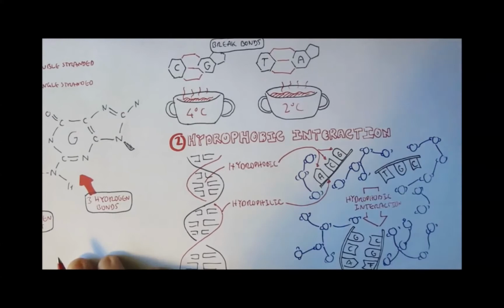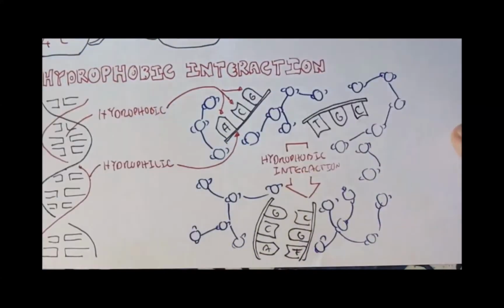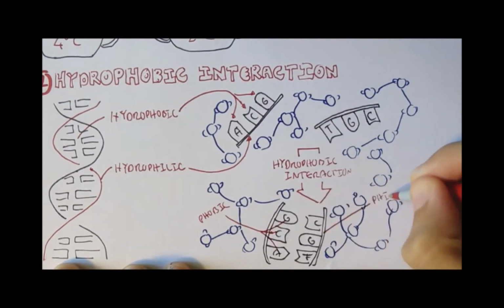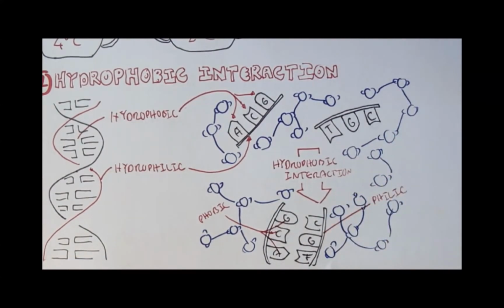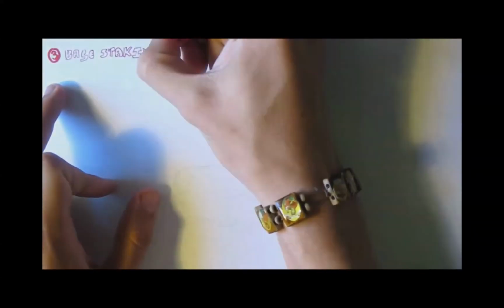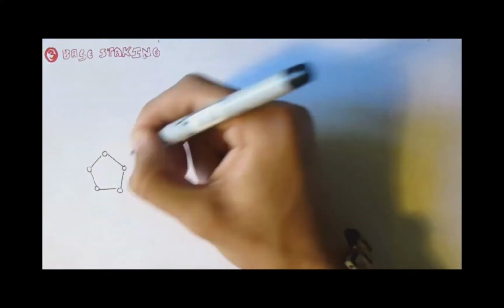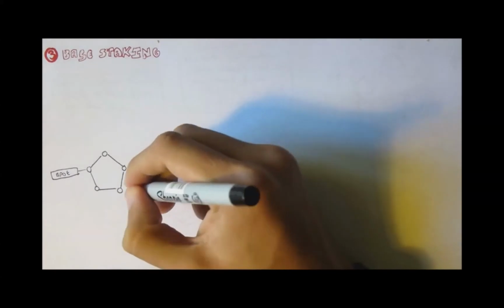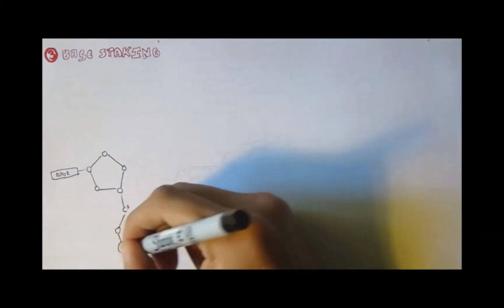So now the structure will have the hydrophobic bases not interacting with the water, and the hydrophilic sugar backbone interacting with water on the outside. The last positive force is base stacking. So here we have the sugar backbone with the base, and the 5th carbon attaching to the phosphate group, and the hydroxyl on the other side attaches to another phosphate